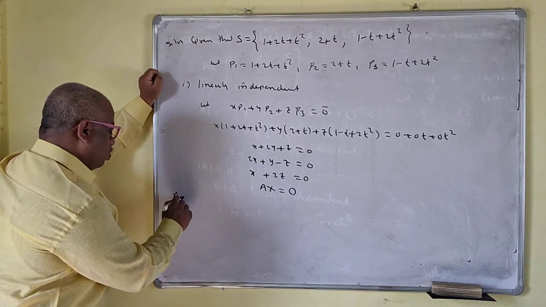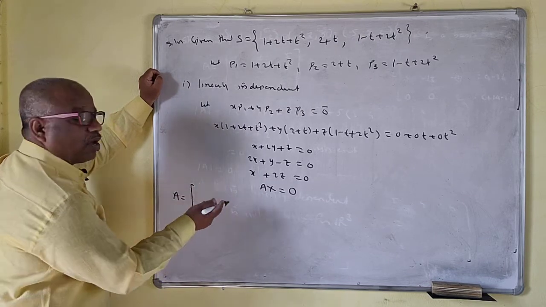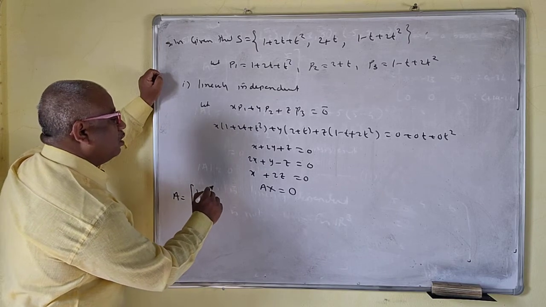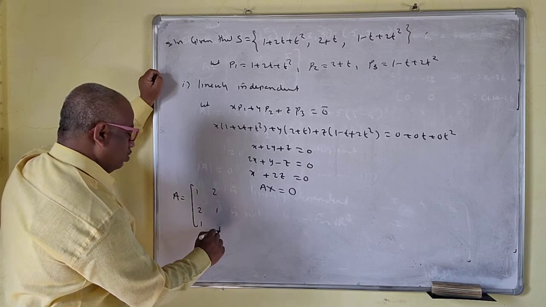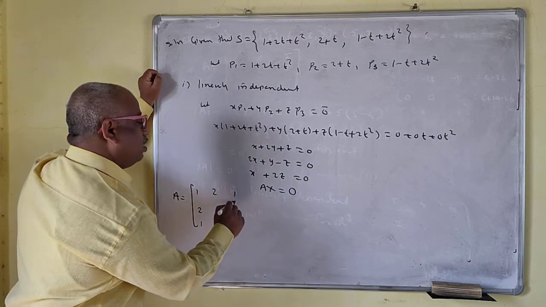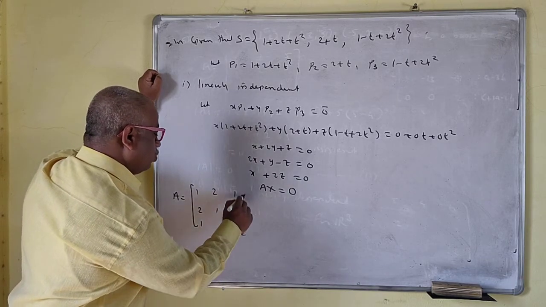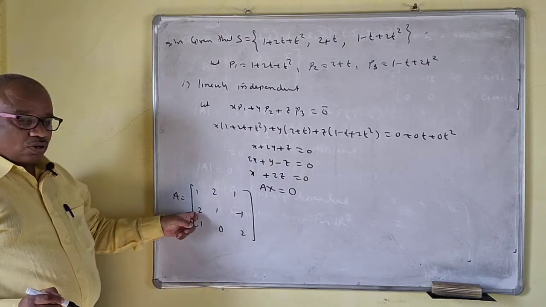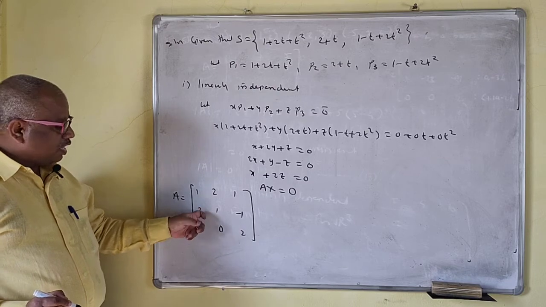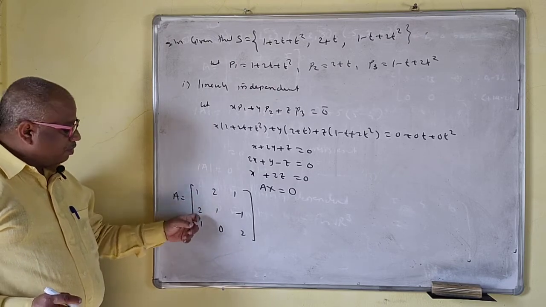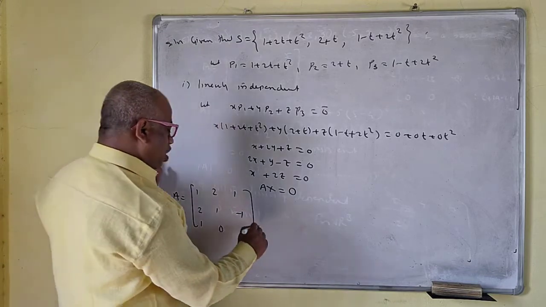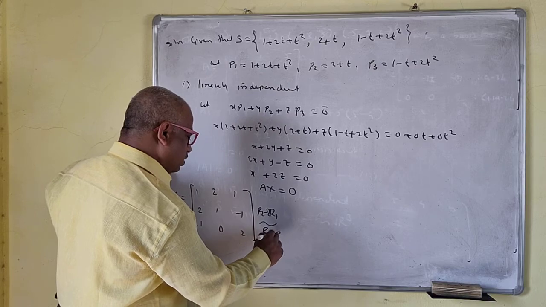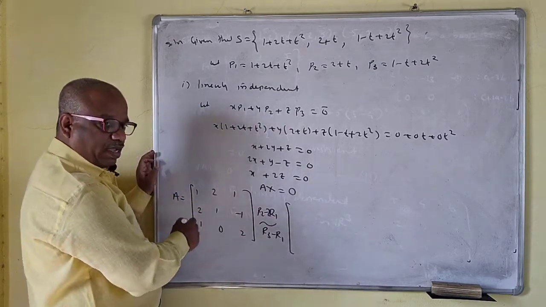Okay, so your A is what? Because for a homogeneous system we don't need the augmented matrix. So 1 2 1, 2 1 minus 1, 1 0 2. With the help of R1, we have to make these two entries 0. So we'll apply the operations R2 minus twice R1 and R3 minus R1 only.